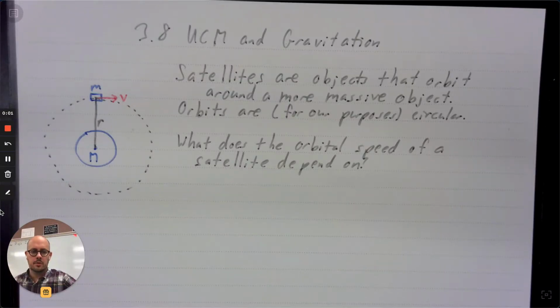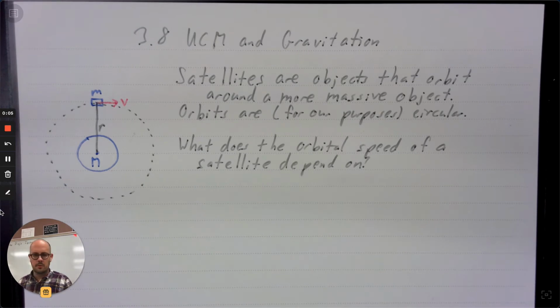All right, folks. So we are at the tail end of our unit here, and now that we've learned about gravitation and circular motion, it's time to put them all together. And the place where those two concepts meet is outer space. So we're talking about satellite motion today, orbital motion, basically artificial satellites that are traveling around the Earth right